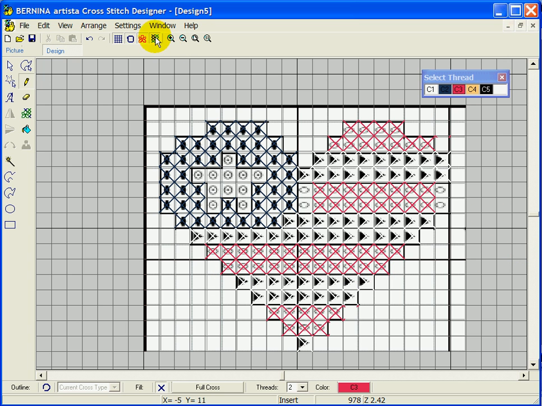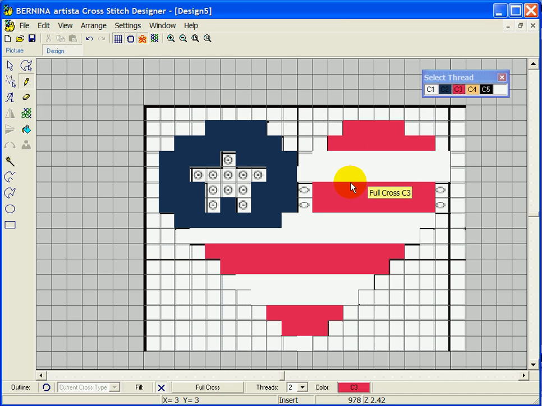Okay, let's check it again. See, I missed a couple right here, and it was hard to see when it was. I can digitize with the solid too. And the last color that's in cross stitches is the gold, which doesn't look